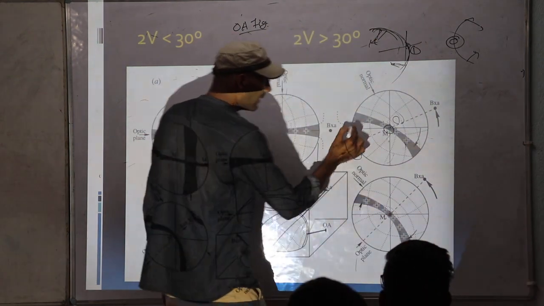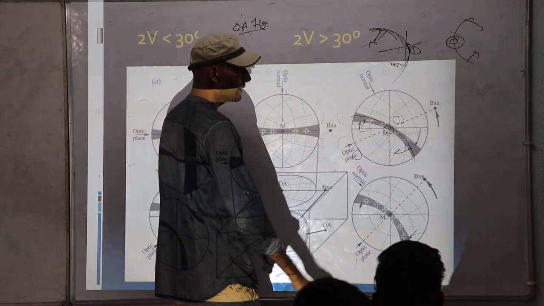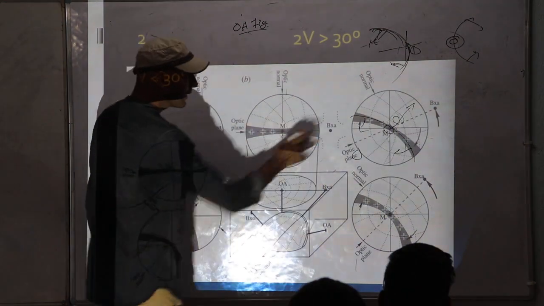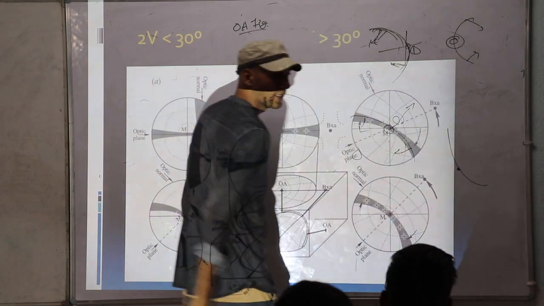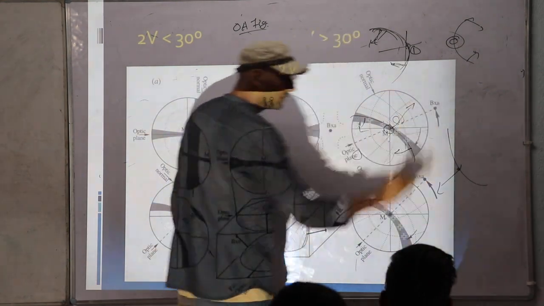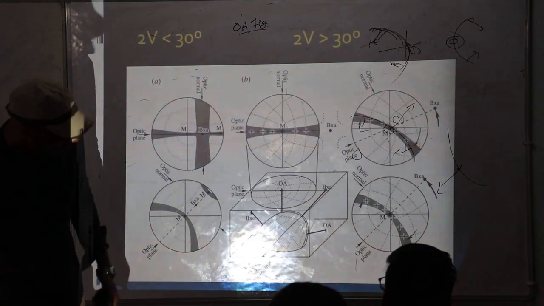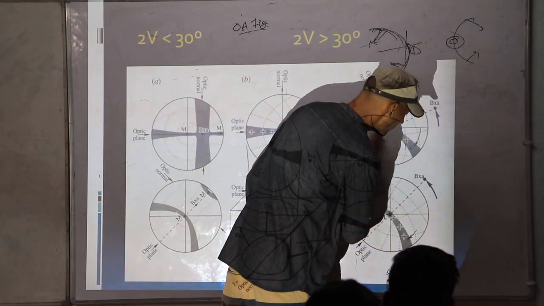Right? So you can see if the isogyre is forming like this, the next melatope should be in this direction. If this is the melatope and the isogyre is like this, the next melatope is in this direction. Got that? One more thing, you can see the shape of isochromes.